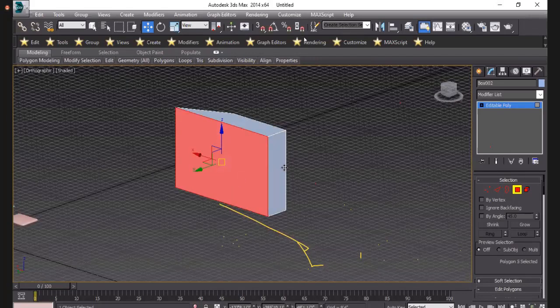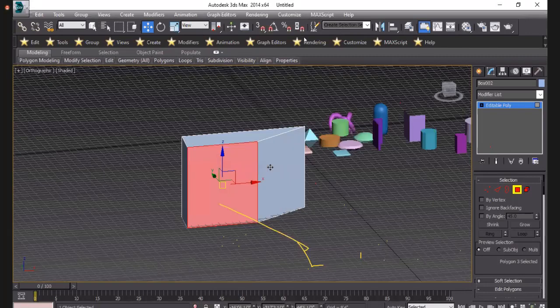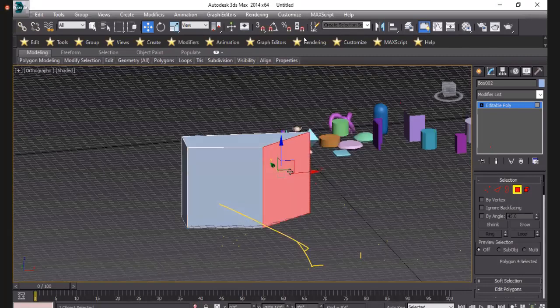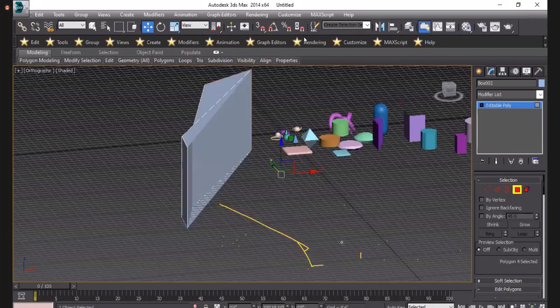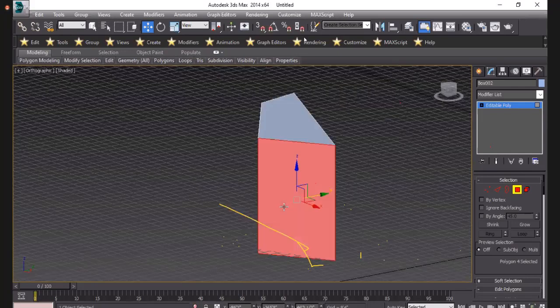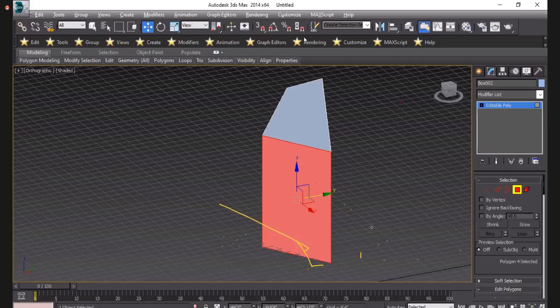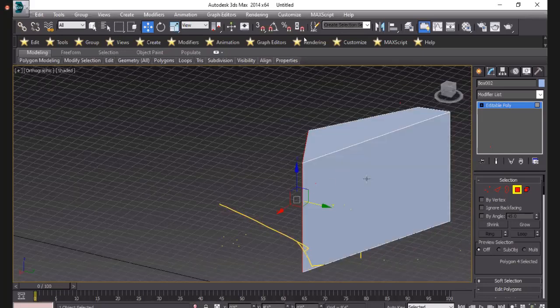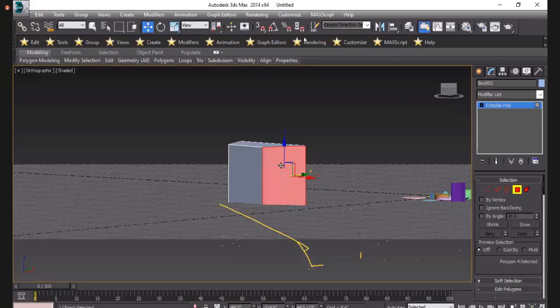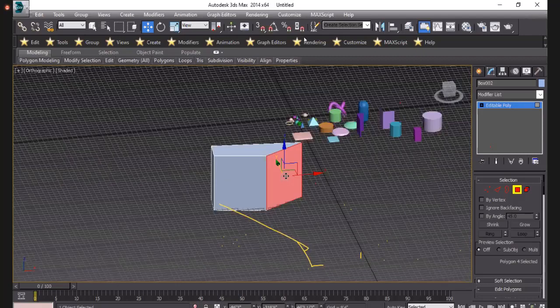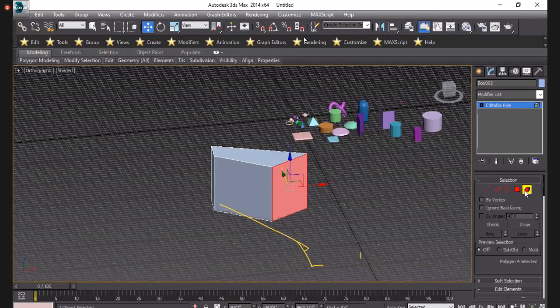You can simply divide your object with this command. And the last one is element.